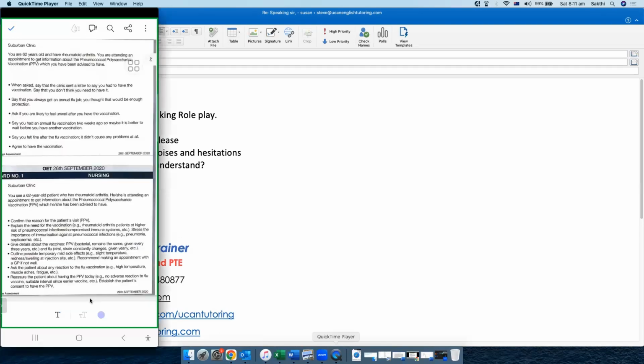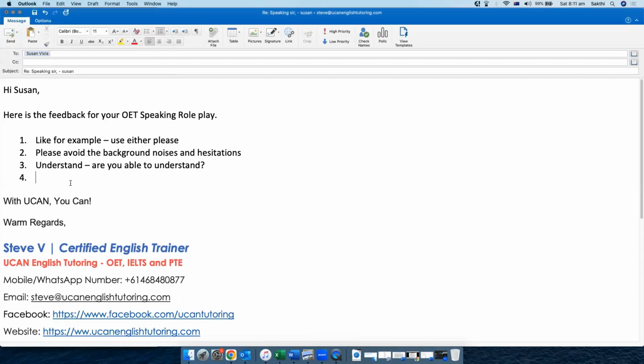Let's continue. It is given every yearly to prevent the... It is given every yearly. So one of the problems with this statement is that false starts. You should say it once only. I mean, you should say it is given every year. The other thing is yearly. "Every yearly" is incorrect. So you have to say it is given every year.